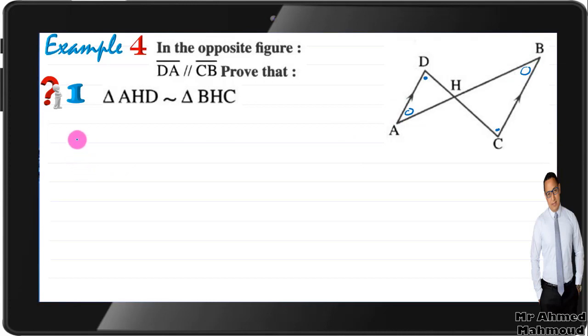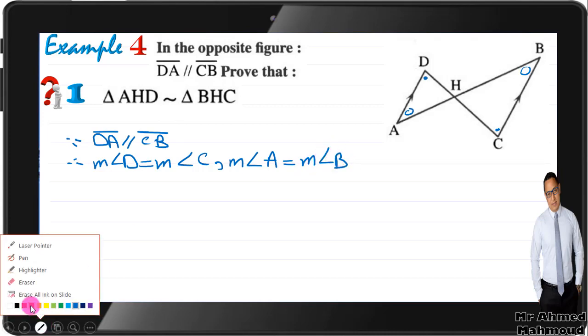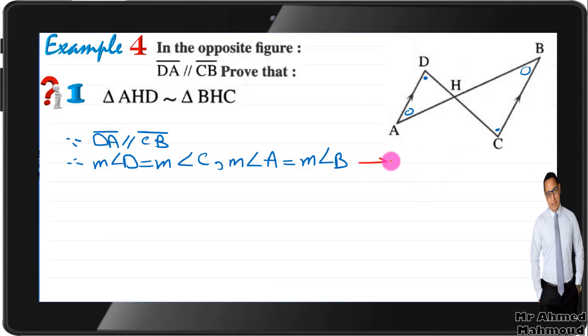So since DA is parallel to CB, therefore measure of angle D equals measure of angle C, comma, measure of angle A equals measure of angle B, and this is called alternate angles. Okay, and therefore